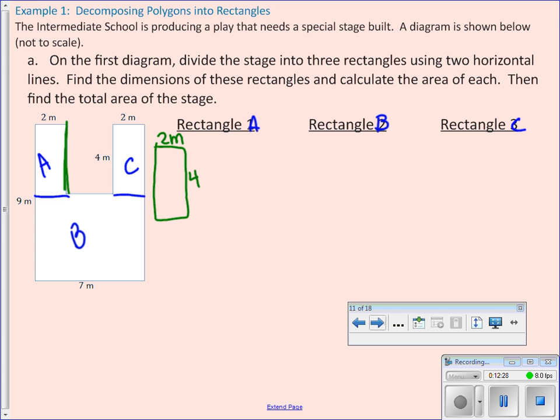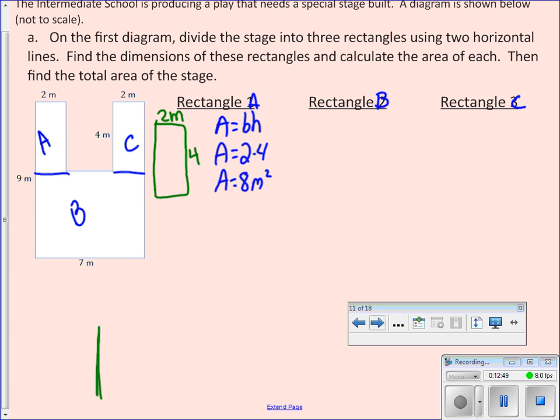So let's find the area. Area equals base times height. Area equals 2 times 4. Area equals 8 meters squared. We okay with that? All right. That is the same as C. So if we just want to rewrite it now,